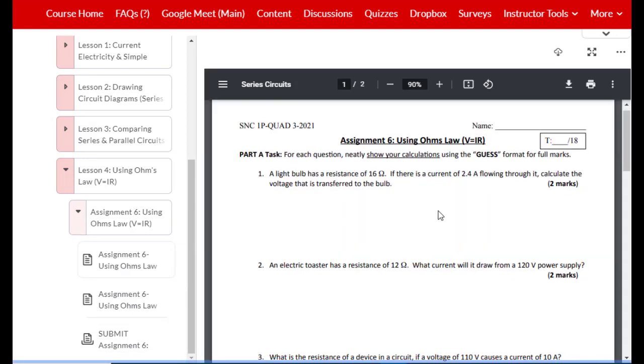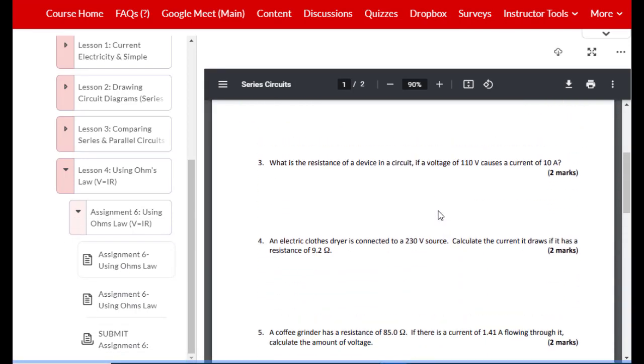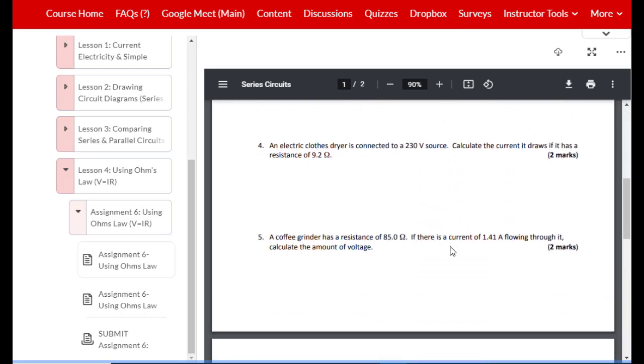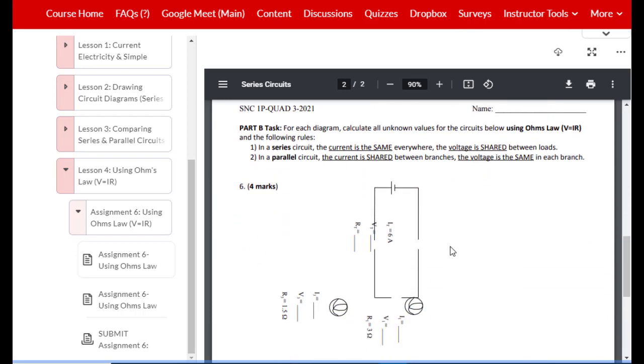For these questions here on the first page, please make sure you are showing me your work, just like with the givens, the equation, the substitution step, all that stuff. You have to use the GUESS format here for full marks. If you don't do that, you're going to lose marks for no good reason. So please make sure that you follow through with that. So there's a few questions there. And then,